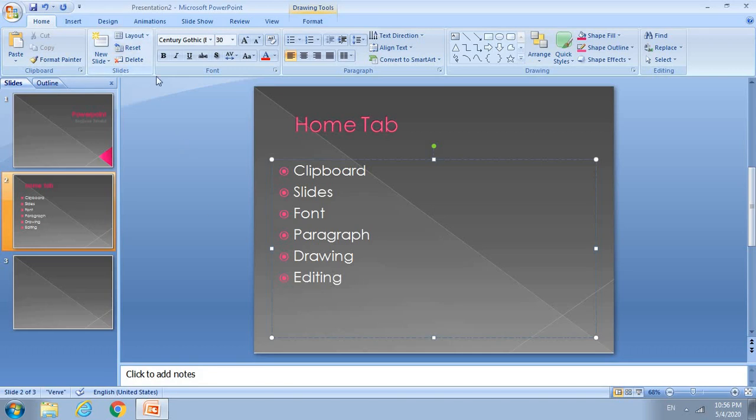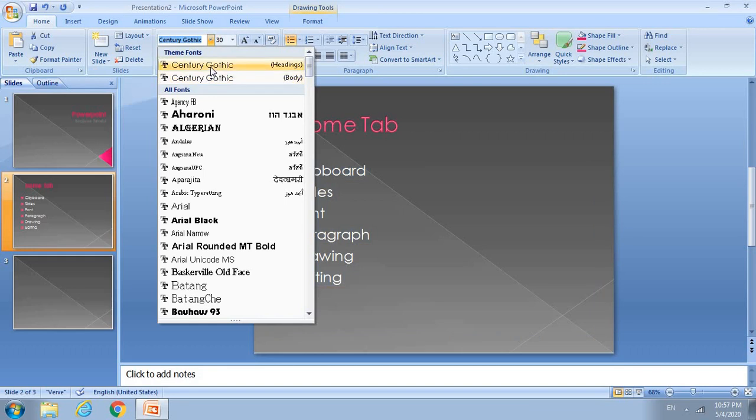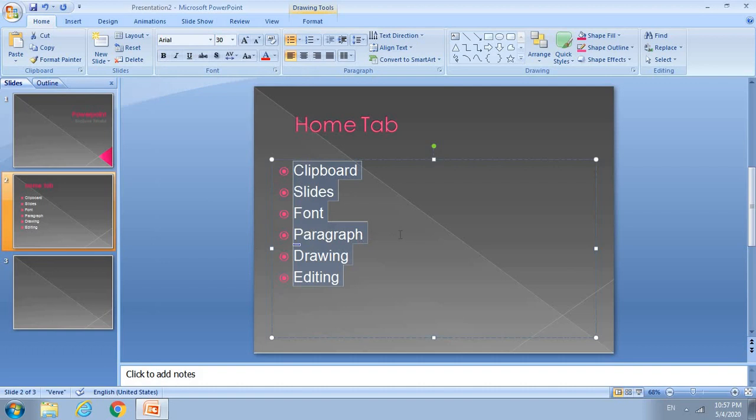Like we are done with slides, now we'll use font. So I'll just select all the font here, all of them. So what I'll do, I'll try to change the font face. How it looks now. See, they have used Century Gothic. This is by default, but I want to change it to something else which I like more. So here I'll go for Arial. Done. It has already changed.